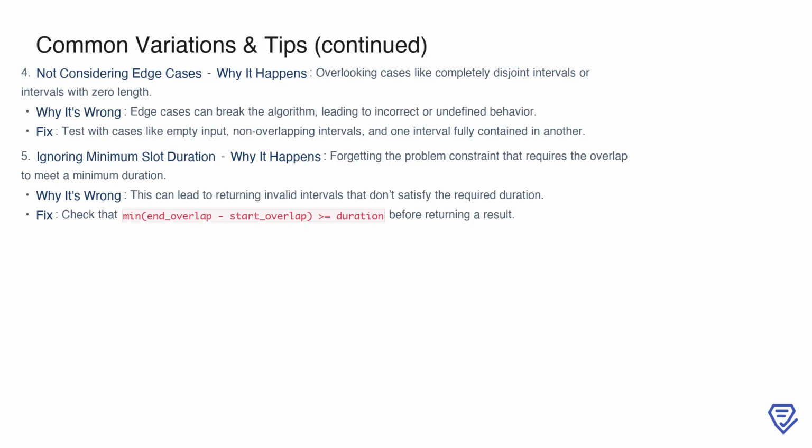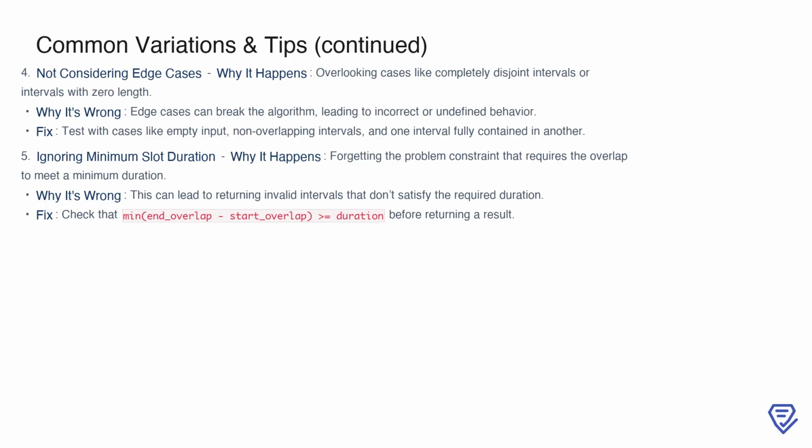Another common issue is ignoring the minimum slot duration constraint. Developers may return results without verifying that the overlap satisfies the required duration. This leads to invalid outputs. To address this, always confirm that the overlap duration, calculated as end_overlap minus start_overlap, meets or exceeds the given minimum before